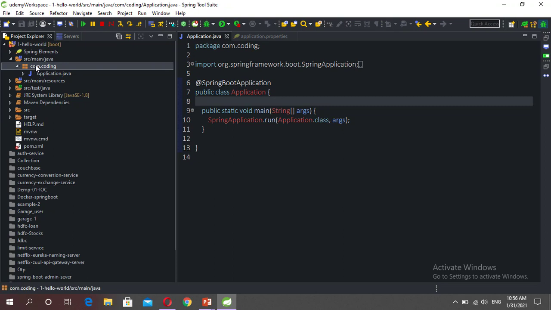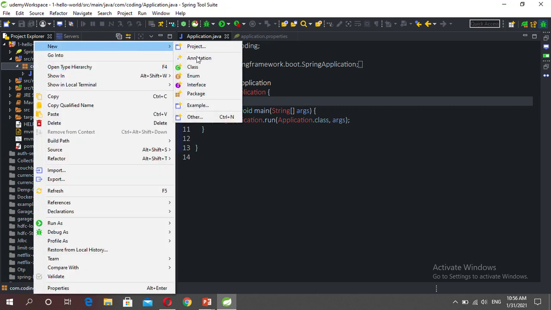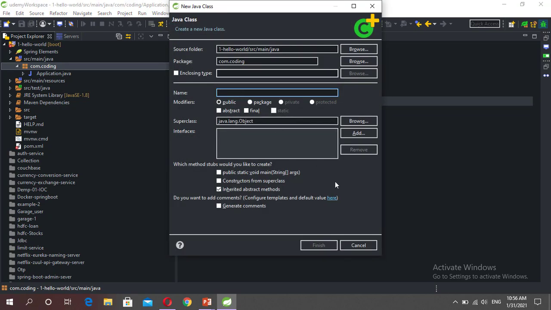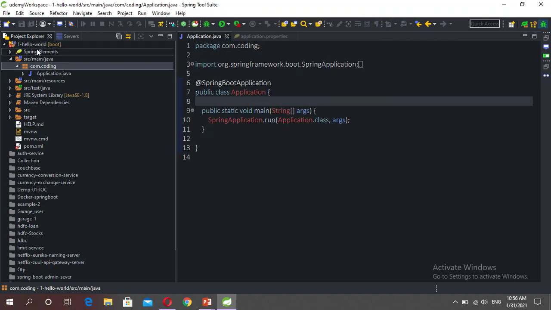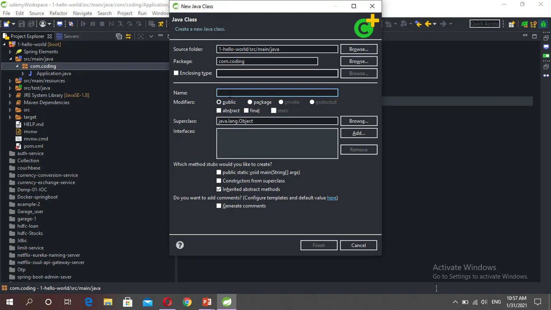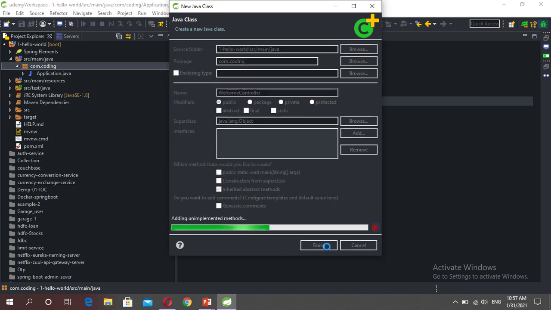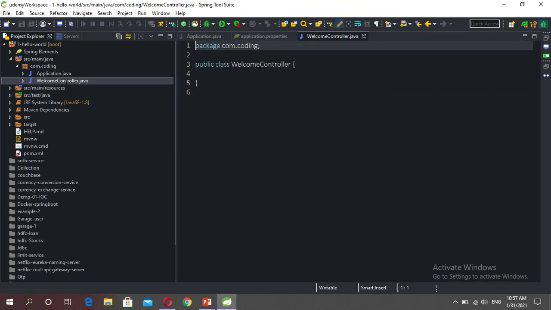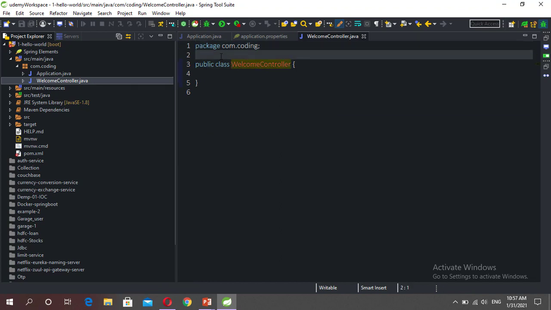Right click, new class. The second step is to create a controller class. In the first step you created this application, then we added the Spring Web dependency, and now we create one simple class, a REST controller class, WelcomeController.